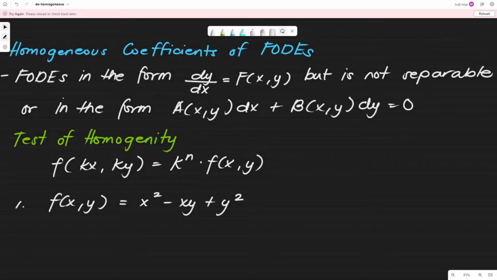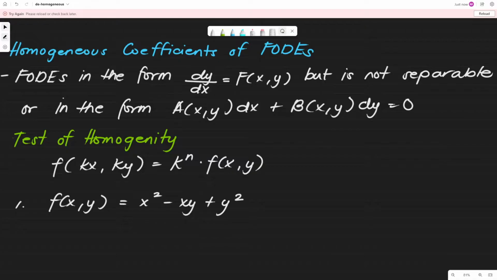Hi friends, so today we will discuss the second method of solutions to first order differential equations. So we have here the homogeneous coefficients first order differential equation. When do we say that a first order differential equation, or a FODE, is homogeneous? A FODE is in the form dy over dx is equal to f of x and y, but it's not separable. So it is not automatically separable, or